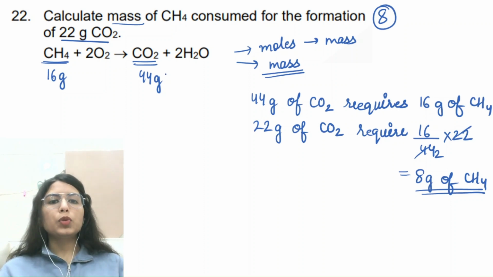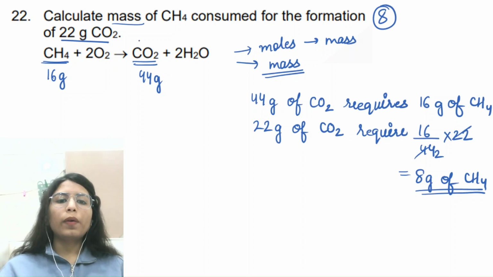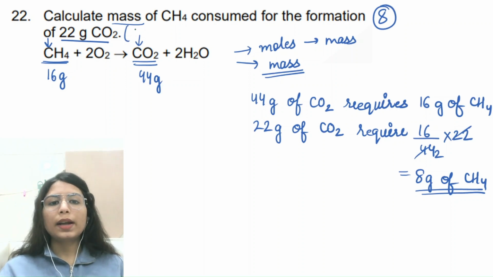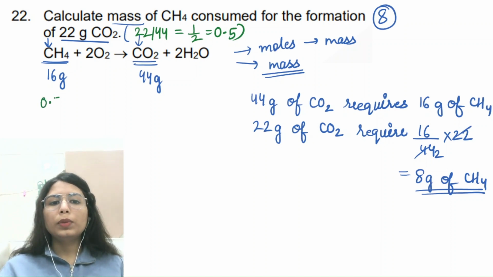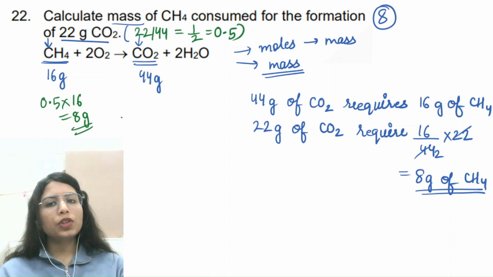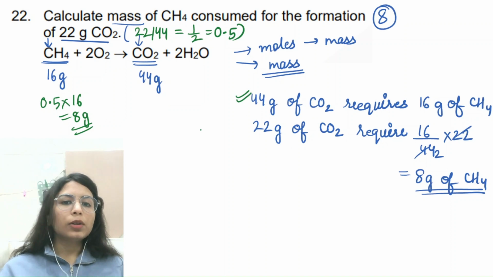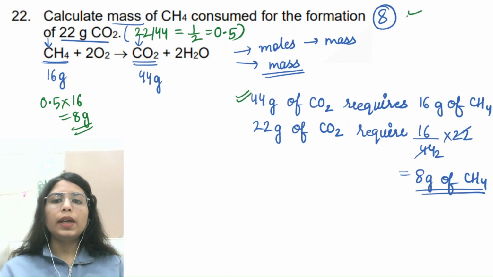If you don't know it in terms of mass, then you can go into moles, that 1 mole of CO2 is formed from 1 mole of CH4, right? So first convert this mass of CO2 into moles, that is 22 over molar mass, which is 44, which is half, that is 0.5 moles, right? So 0.5 mole of CO2 will be formed from 0.5 mole of methane, and 0.5 mole of methane means 0.5 into 16, which is 8 grams. That is quite a lengthy method which we will not use obviously, because we have to save our time also. So you can directly go ahead in terms of mass. Okay, so the correct answer would be 8.